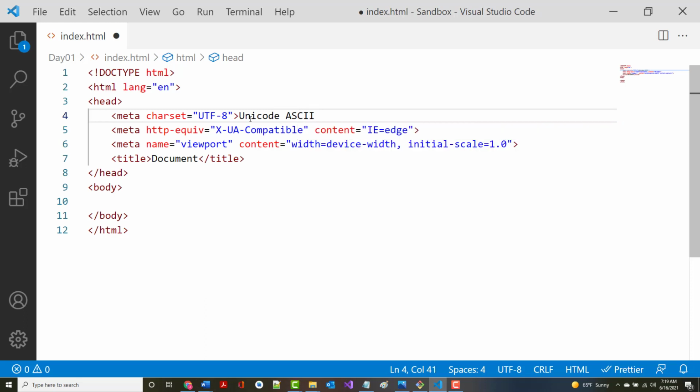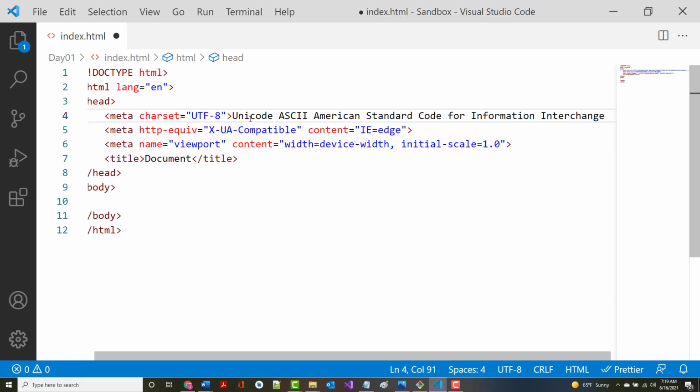ASCII, which is pronounced ASCII, and it stands for American Standard Code for Information Interchange. And it had 256 different characters that represented all the characters on the keyboard, lowercase and uppercase, so that was 52 characters. All of the numbers, so that was 10 more characters. The special characters, which was about, I don't know, 15 or 20 more, and a bunch of characters you don't